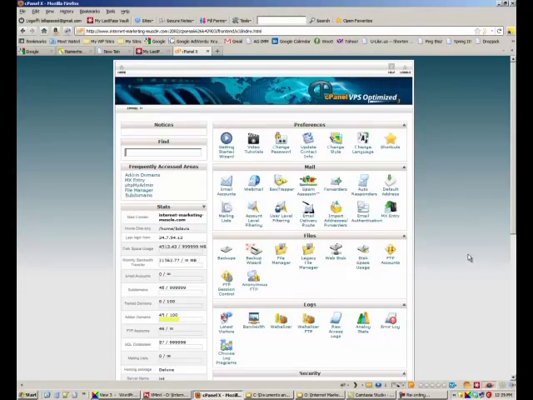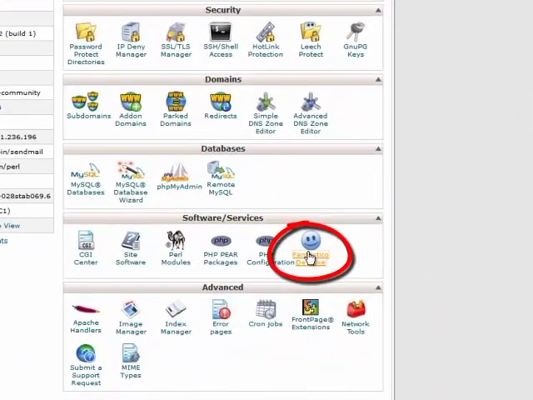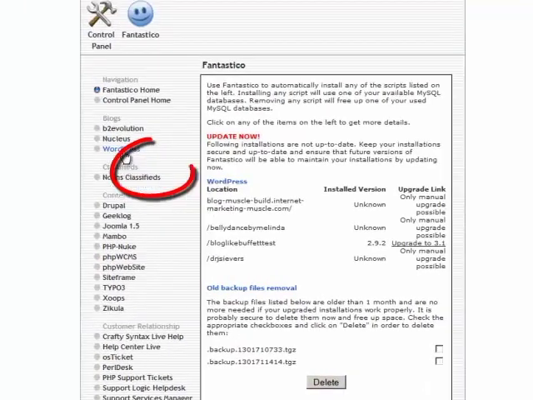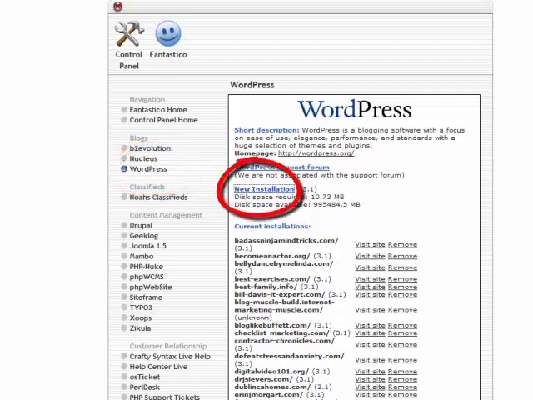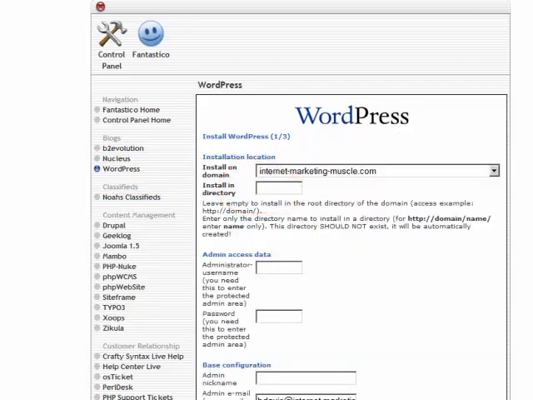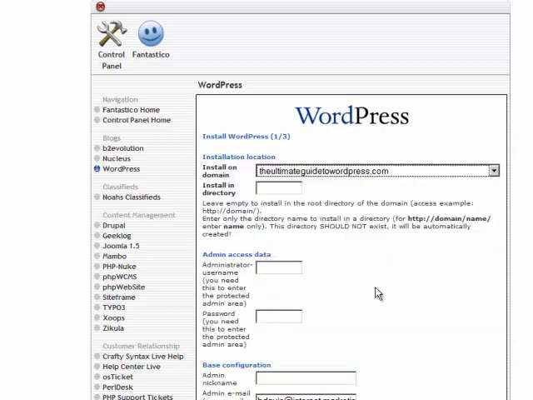So if you log into your cPanel and scroll down to Fantastico Deluxe, and then click on WordPress, and then click on New Installation, and then choose your domain, and then type in admin and some kind of password,